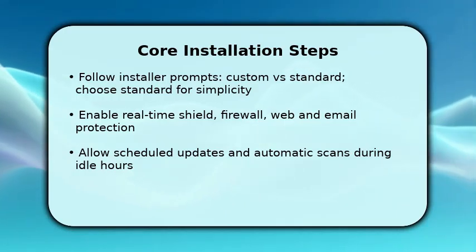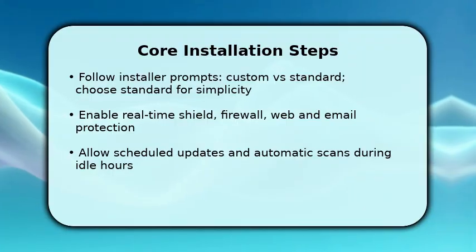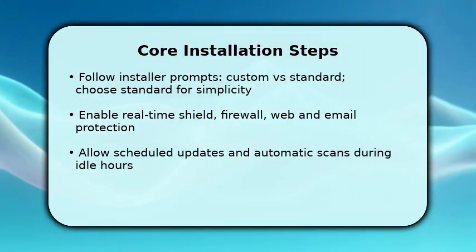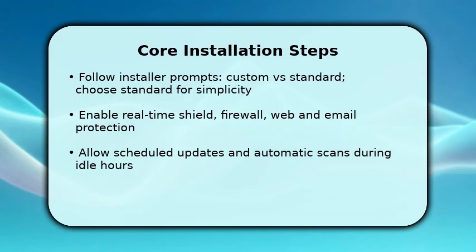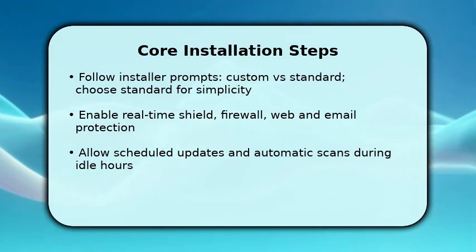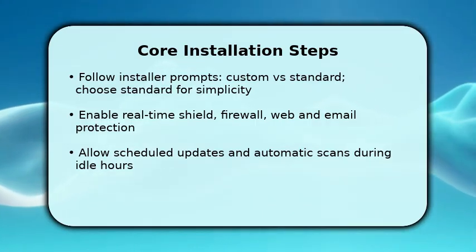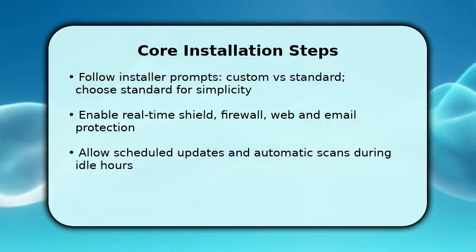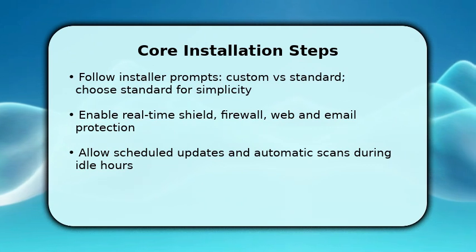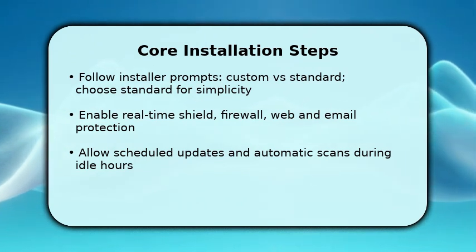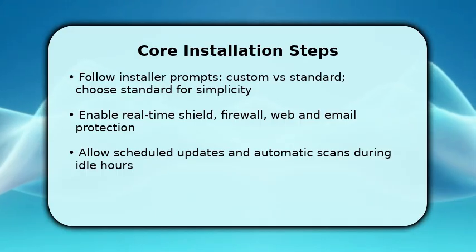Once files install, the first run wizard appears. Enable real-time shield, firewall, web, and email protection. Then configure update frequency. Set automatic updates and define a daily check time when your PC is on but idle. You should also schedule a full system scan at a low activity hour and let the product download the latest threat database before scanning. This ensures immediate